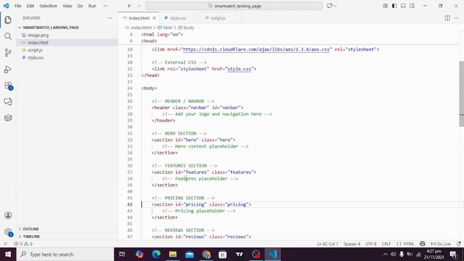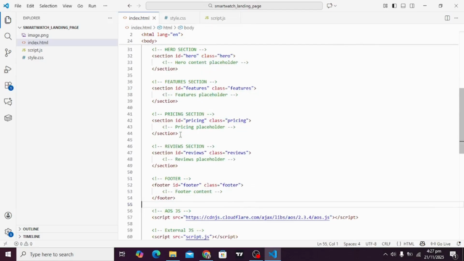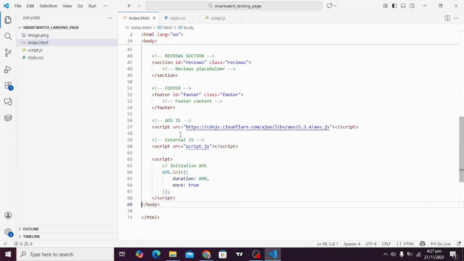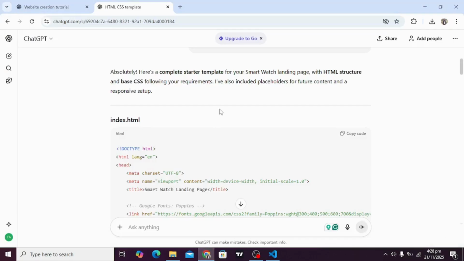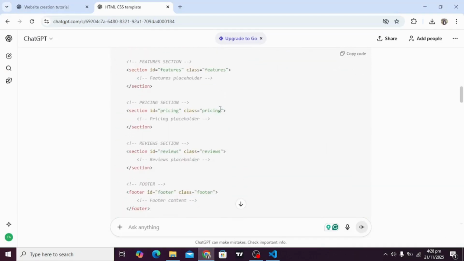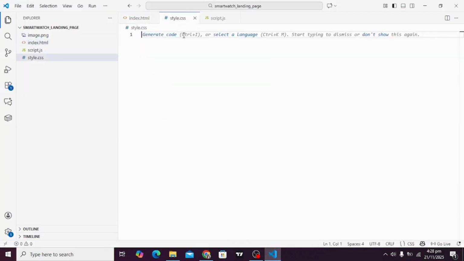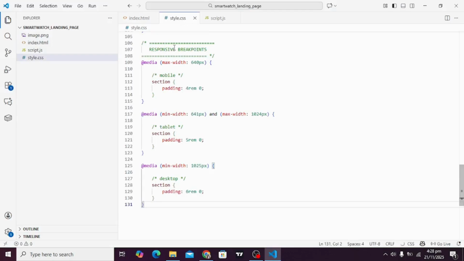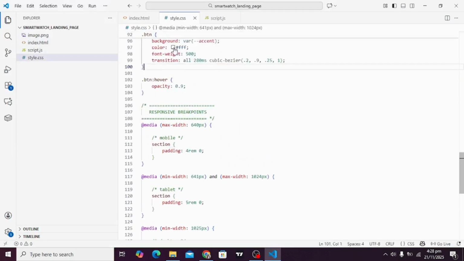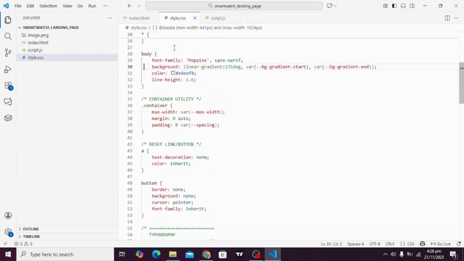And in our body part we have sections: header, hero section, feature section, price, reviews, footer, and in the end of it we have the AOS JS CDN and our script.js, which will be our custom scripts we write. So now let's copy the CSS it had provided, which is our global styling. Copy and paste in style.css, Control plus V, and it had given us the responsiveness and the basic style we needed for our project.